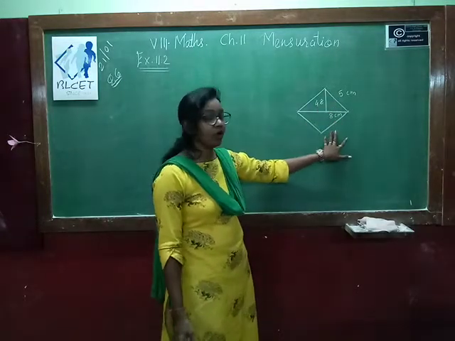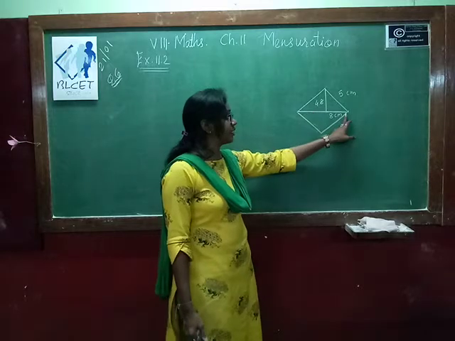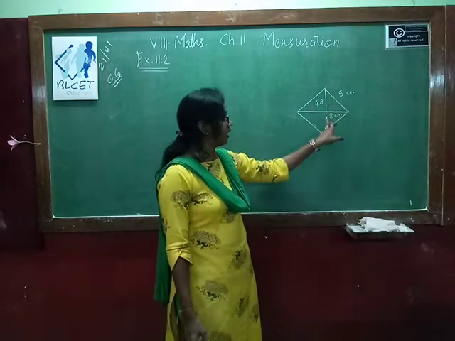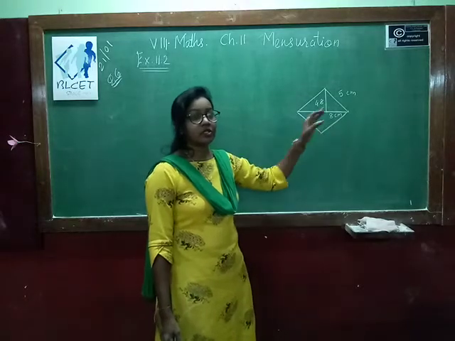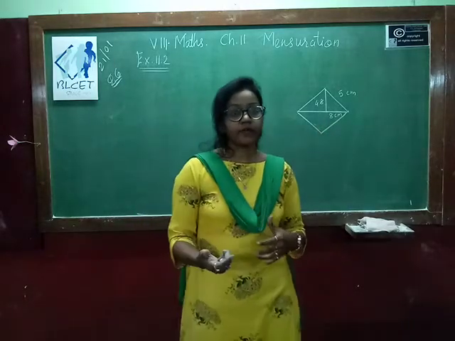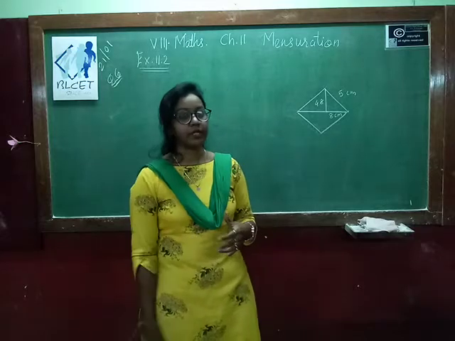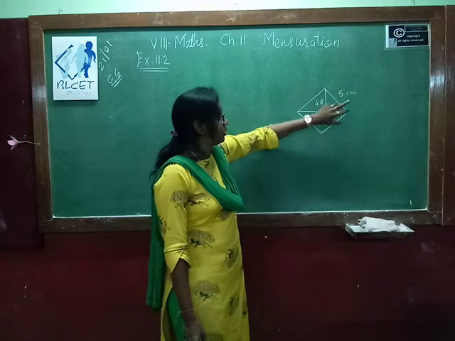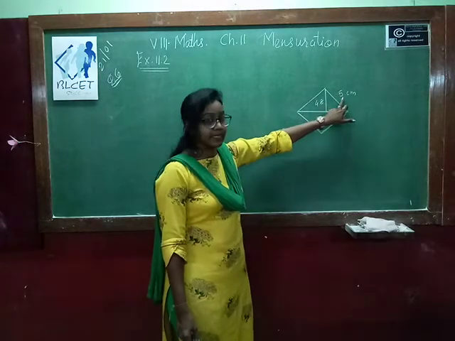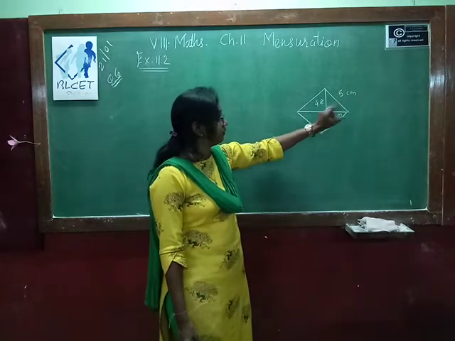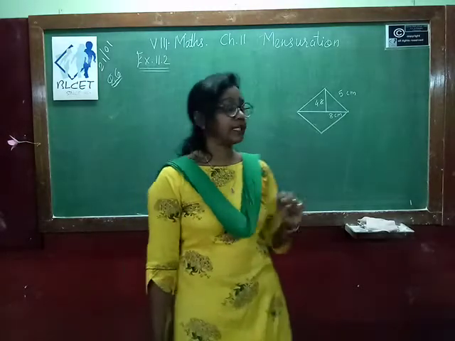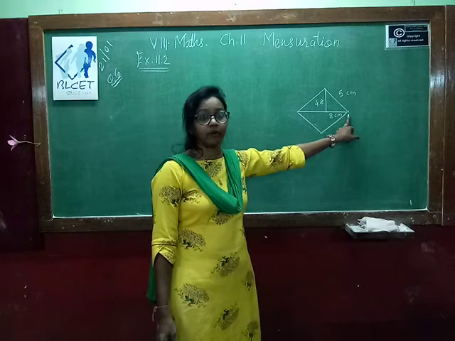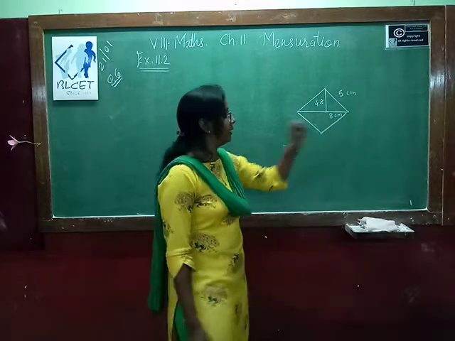So if you consider the whole rhombus, this is the diagonal which divides the whole rhombus into two triangles. So this one is your first triangle, this one is your second triangle. So area of one triangle we have to find, which is similar to the area of another triangle. So first of all we find the area of this triangle, in which one measurement of side is given and this is your base. 4.8 is your height and 8 is your base. So what we can do? We can apply the formula 1/2 base into height. So let's see.